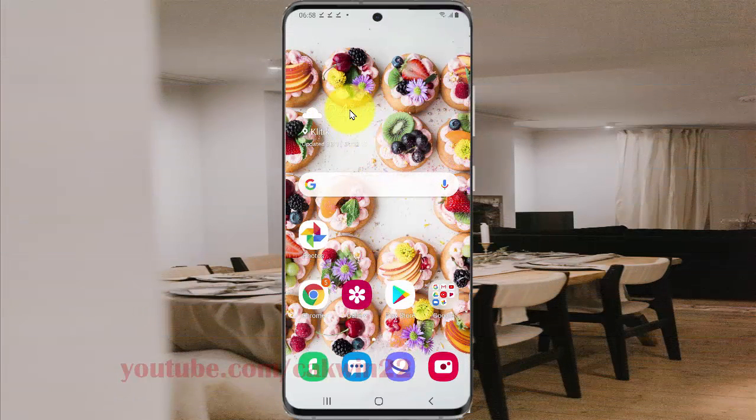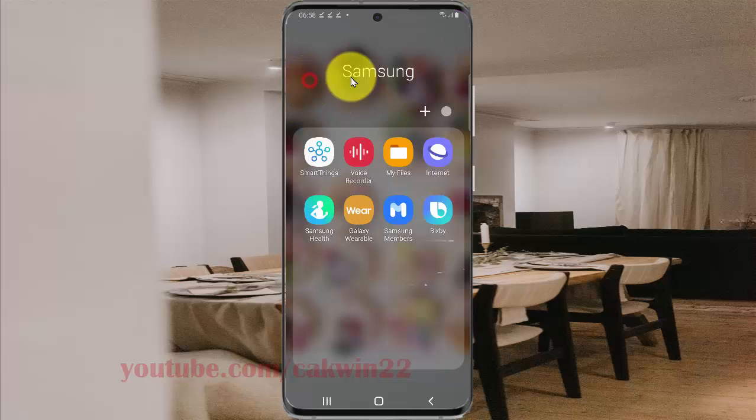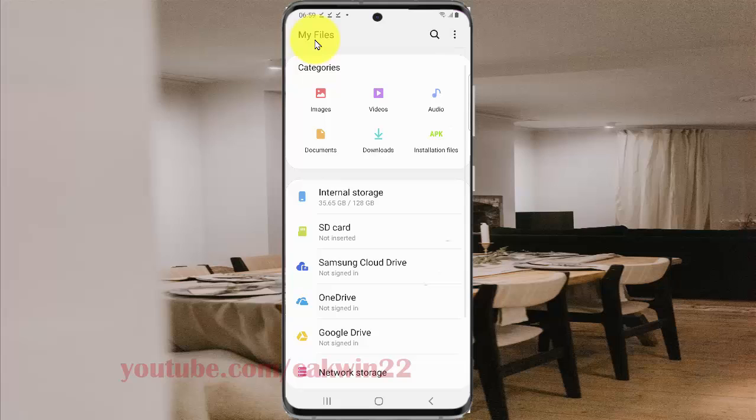To add or remove Samsung Cloud Drive in My Files Home, open My Files settings. Swipe up on the home screen to access the app screen, and then tap Samsung folder, select My Files, and then tap My Files More icon or three dot icon, tap Settings,